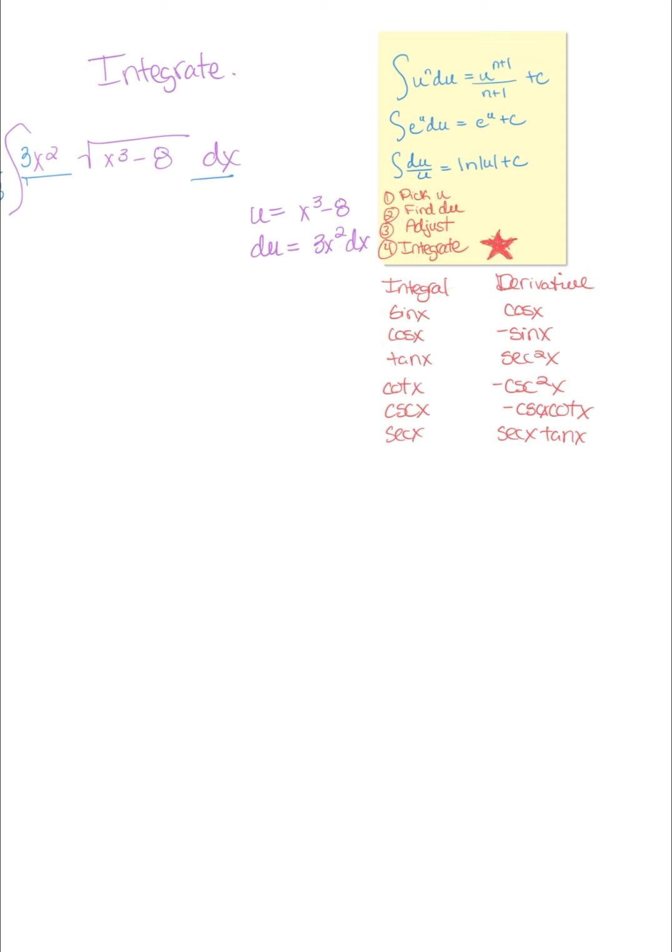So what are we integrating? We are now integrating u du. Well, how do you integrate u du? Well, it's the u to a power du. Well, what is our power here? Our power is x to the third minus 8 to the 1/2, because that's what the square root is equivalent to. Now we have to make sure that we bring down the multiplier of the 1/3 and include that in